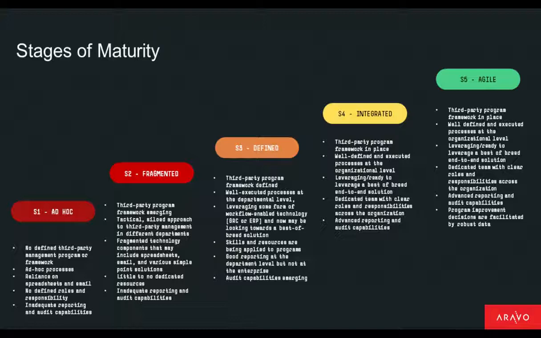We don't see companies coming to us with a set of requirements, for instance, that are aligned with them being at an ad hoc or a fragmented stage. So everybody's coming to us with the expectation eventually that they're going to get to this Agile stage. They've got all kinds of requirements around it. But in order for them to achieve it, it's not practical in most cases to assume that if you are just getting started and you are really more in an ad hoc fashion, it's fine to have aspirations of becoming Agile, but recognizing that it is going to be a phased journey and that you're going to have to take some steps along the way.